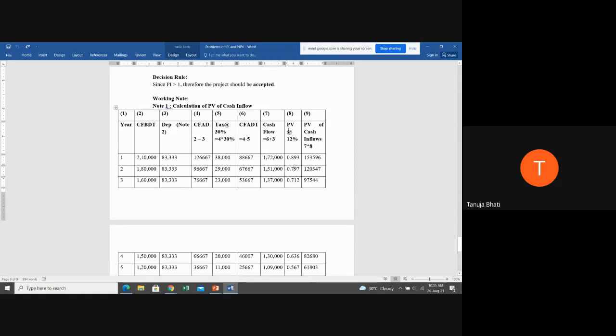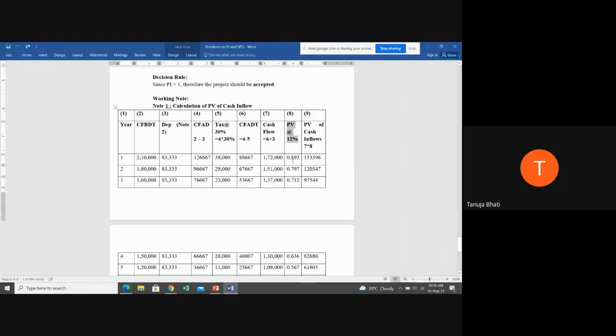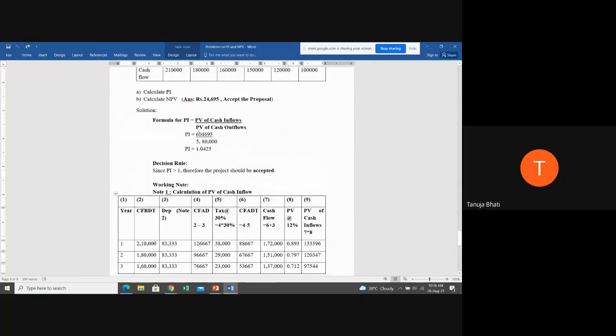Next, they have given you the PV factor at the rate of 12%. You will see table number 3 at 12%. You will take these figures, that is 0.8929, 0.7972, and so on. Multiply column number 7 with column number 8, you will get PV of cash inflows. Take the PV of cash inflows and write it in your numerator. Divide it, you will get the PI as